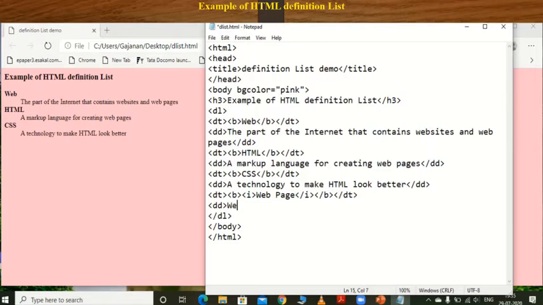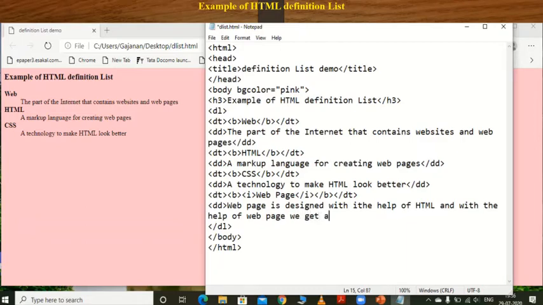Web page is designed with the help of HTML and it is with the help of web page we get any information from the server.